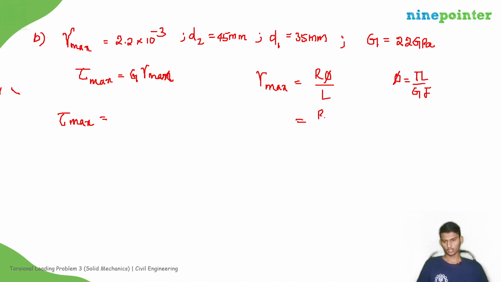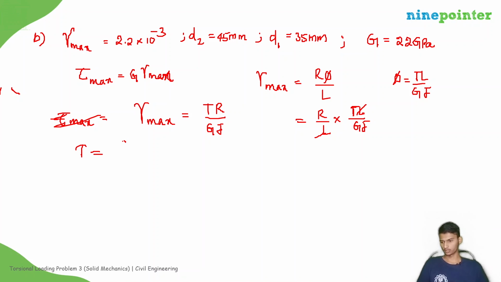So we get R divided by L into TL divided by GJ. So L gets cancelled. So gamma max will be equal to T R divided by GJ. So T max that can happen will be equal to GJ gamma max divided by R,